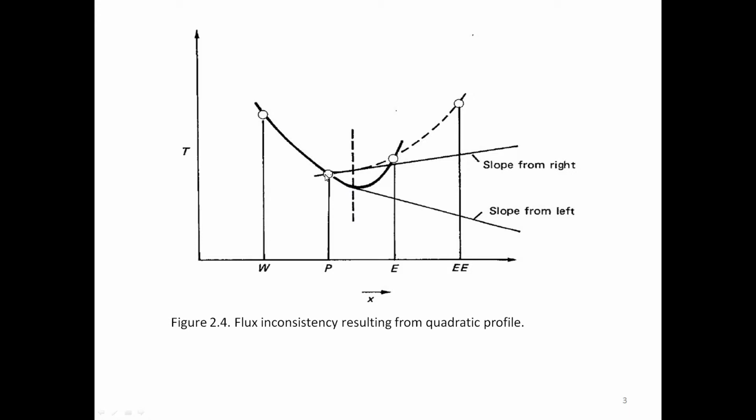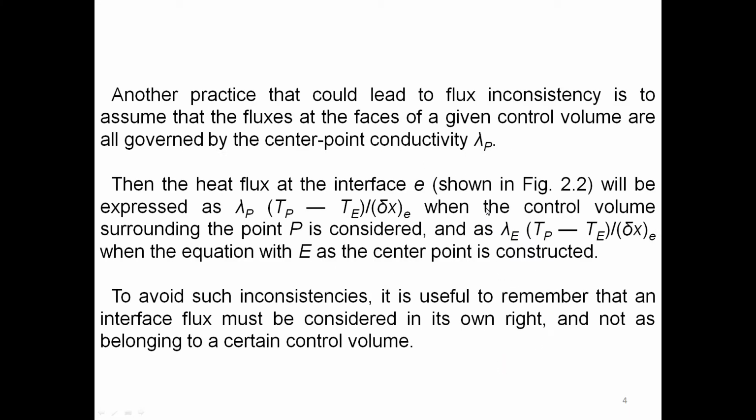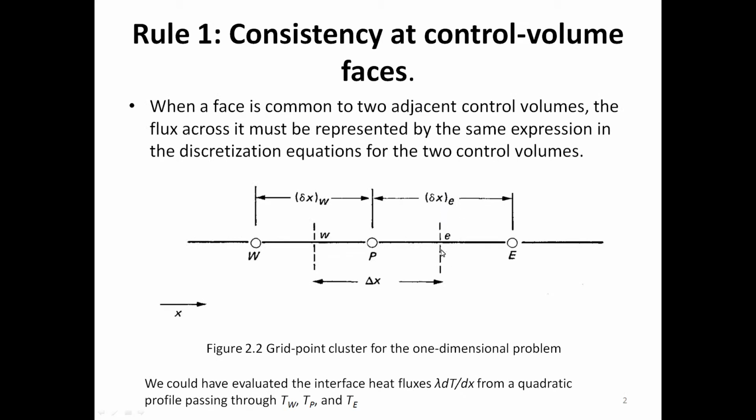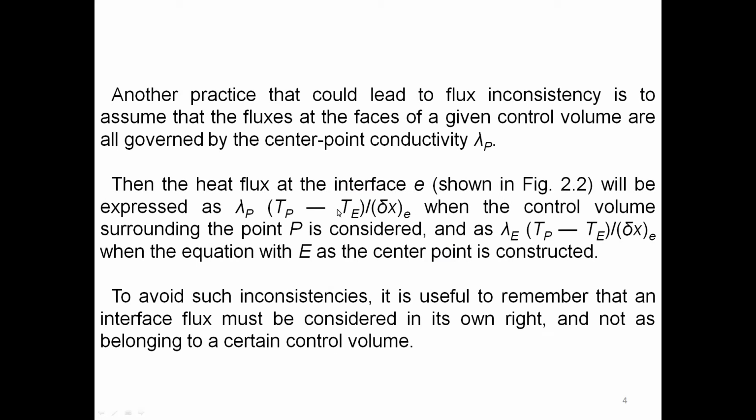Another practice that could lead to flux inconsistency is to assume that the fluxes at the faces of a given control volume are all governed by the center point conductivity lambda sub P. Then the heat flux at the interface e, shown in figure 2.2, will be expressed as lambda P multiplied by T P minus T capital E over delta x sub e,